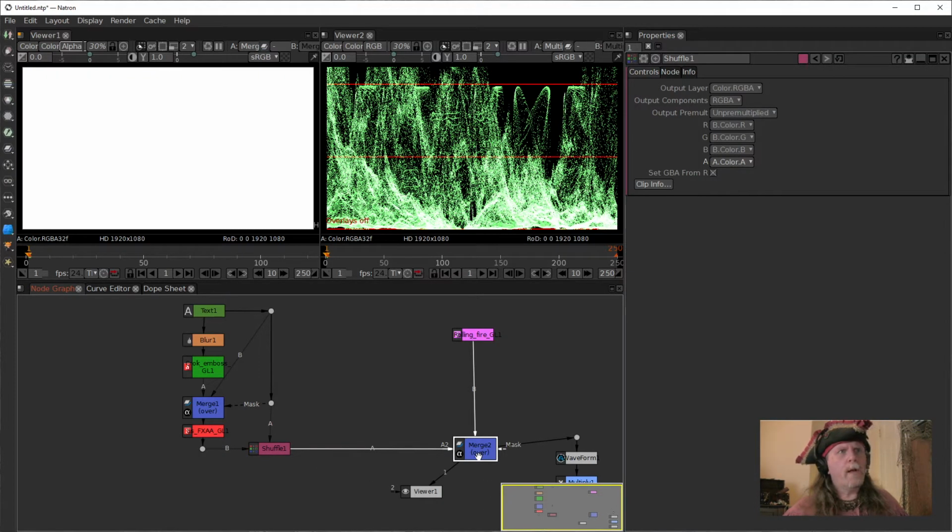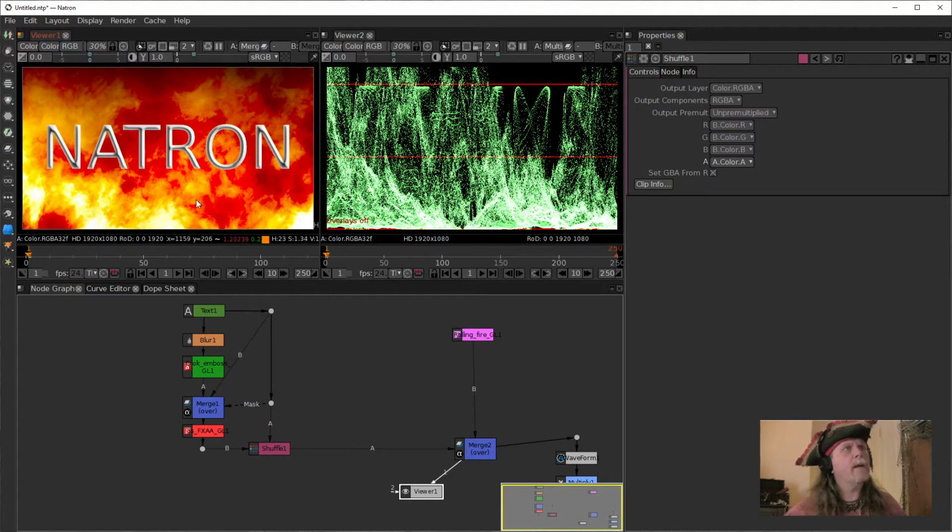And now when I go to my output and I hit A, we have our Natron with the new FXAA applied to it. This is useful if you're using, again, I recommend this. This is the reason I put the FXAA here, because I knew it was going to cause a small problem there. And I wanted to show this because there will be other fonts where you may want to use this as a solution to give it a nicer look. It will smooth out the edge of your